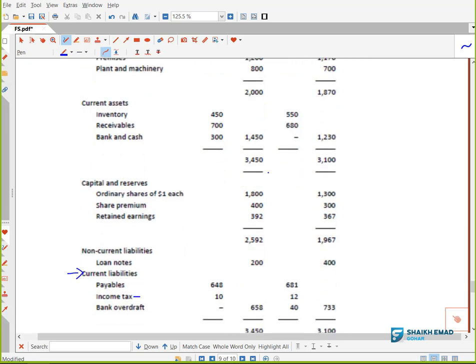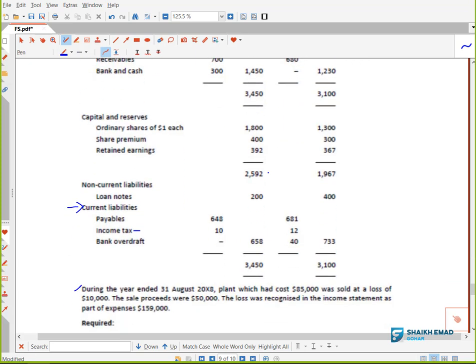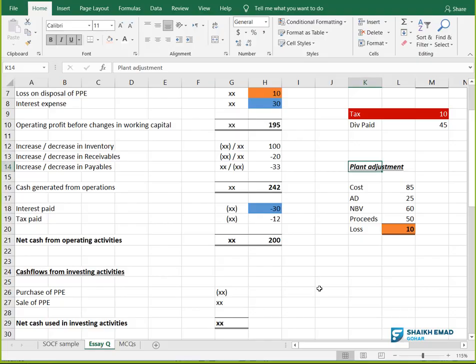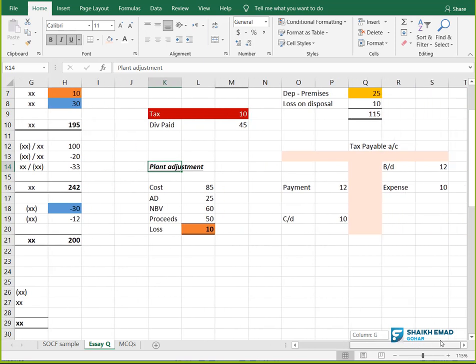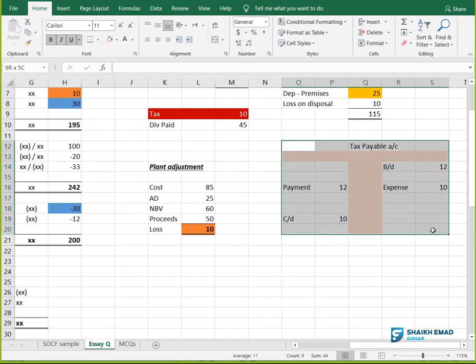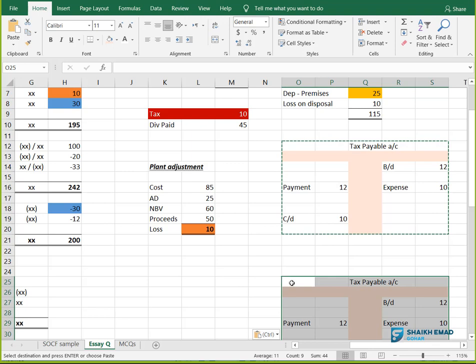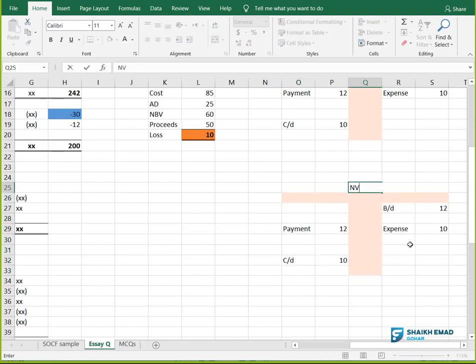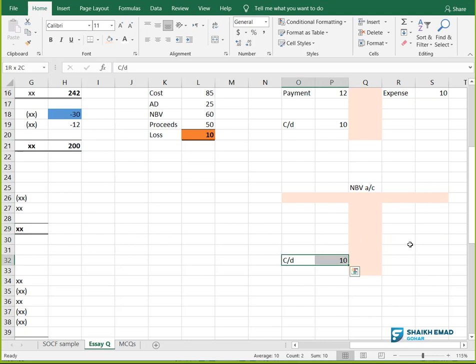In this situation, when you don't have the cost separately and the depreciation separately, you have to create a net book value account. Must question in exam, they will ask you like this. I will show in MCQs also. There is MCQ like this. So my friends, we need to create a net book value account. Now definitely net book value account is your asset account, because cost minus depreciation, it is still asset.